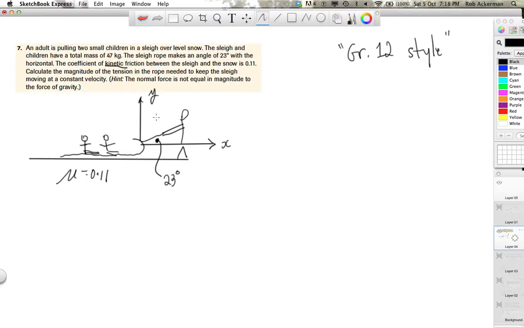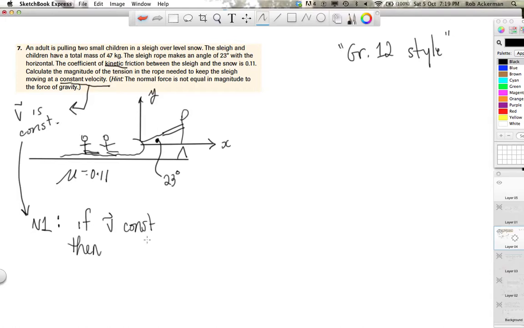They are moving. Calculate the magnitude of the tension in the rope in order to keep the sleigh moving at a constant velocity. That's important information. v is constant. They don't tell you what value it is, they just tell you that it is constant. So what do we do? Do we assume a value? No, we've got to think of Newton's laws. Newton's first law, which I'm going to abbreviate as N1, tells us that if we have constant velocity,